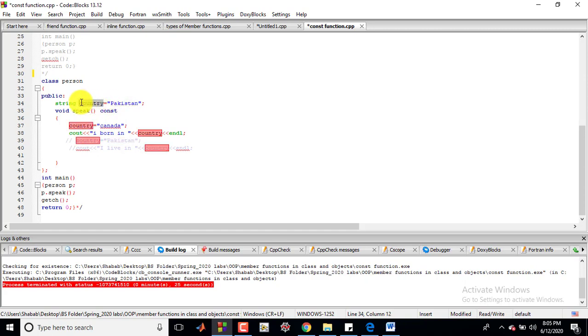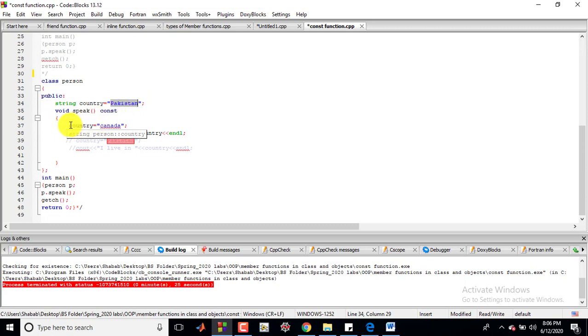So at the start of the program, country has the name Pakistan stored, but in the next line we have a member function. This is a normal member function, but then we have the keyword const, which makes it a constant member function.